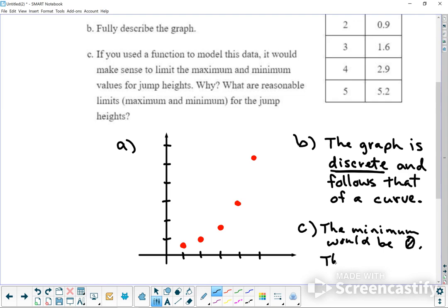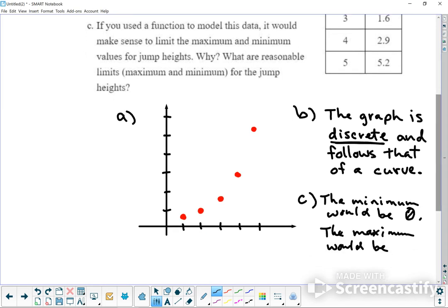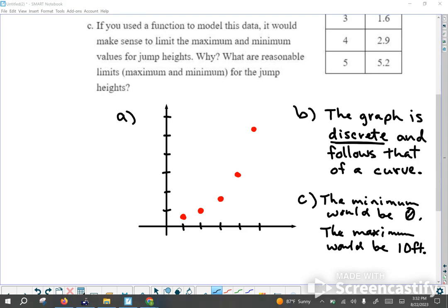And the maximum would be, I don't know, what's the highest somebody can jump? You might have to look online. I'll go with maybe 10 feet. Maybe somebody can jump 10 feet. So it's good to have a limit, because the limit shows you the extreme